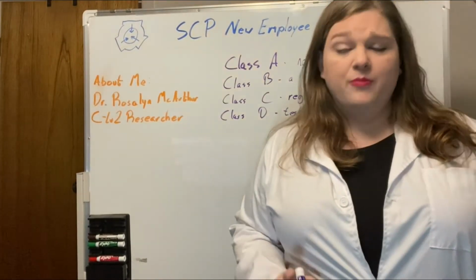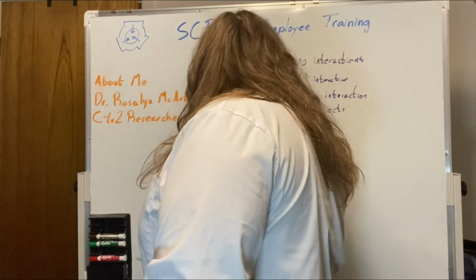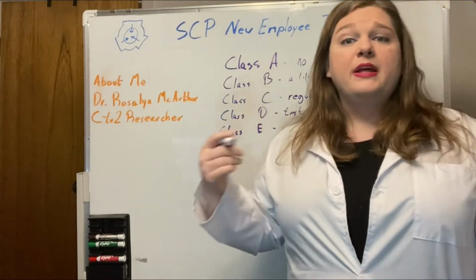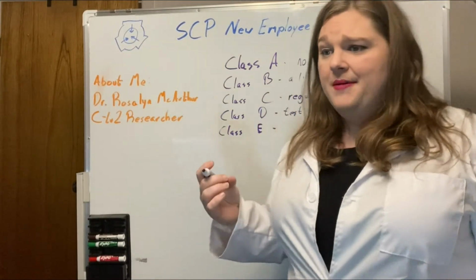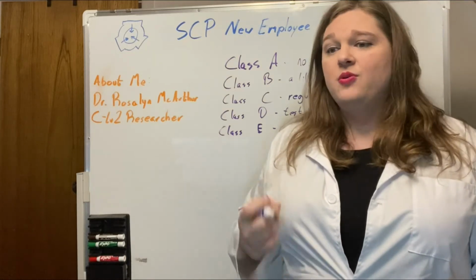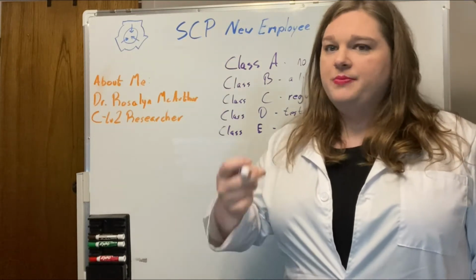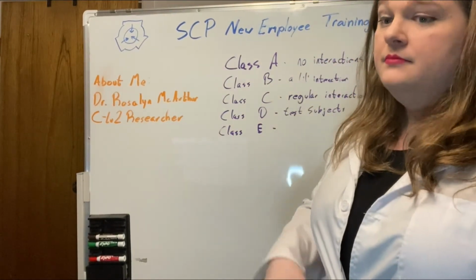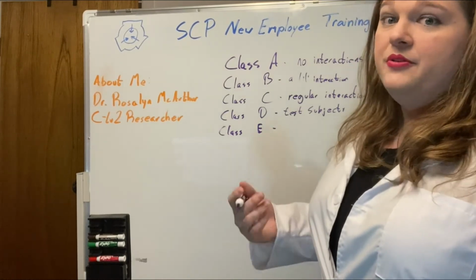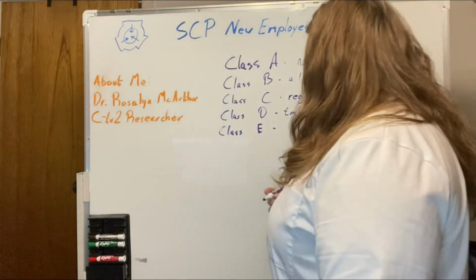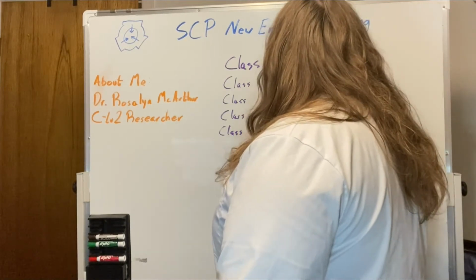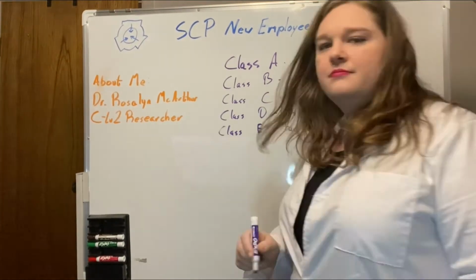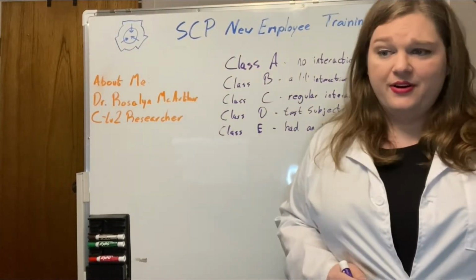Okay. Now there is one more class, and that's Class E. Now, Class E personnel are somewhat separate. It's not a permanent class that you get ranked. It's a provisional classification for those staff who have had exposure to potentially dangerous anomalies. Now, these staff members are generally kept in quarantine until they've been cleared for active duty, both physiologically and psychologically, to make sure that there's no lasting effects. And so these are, we'll say, had an interaction. So Class E has had an interaction previously.